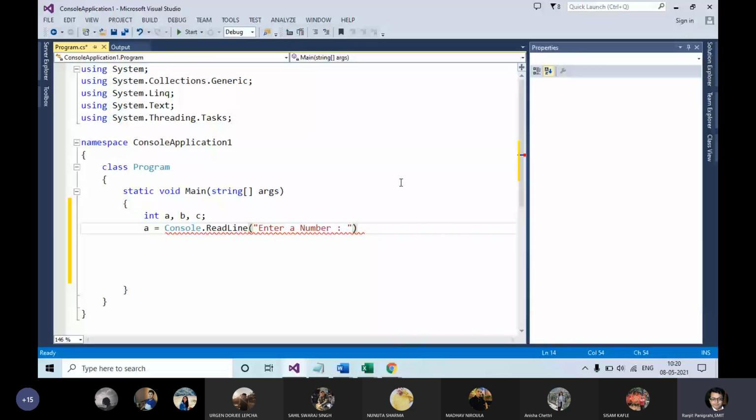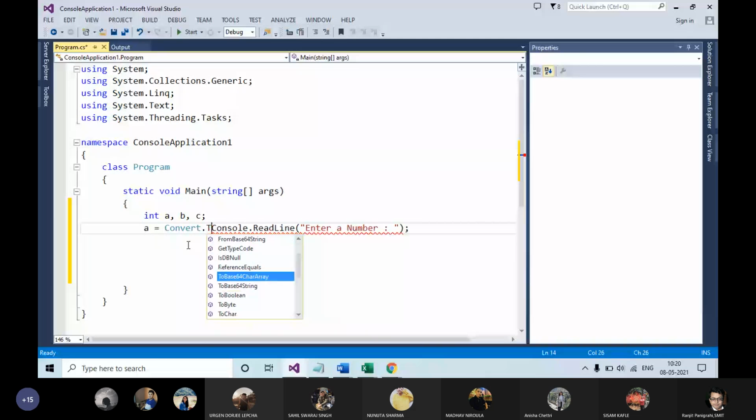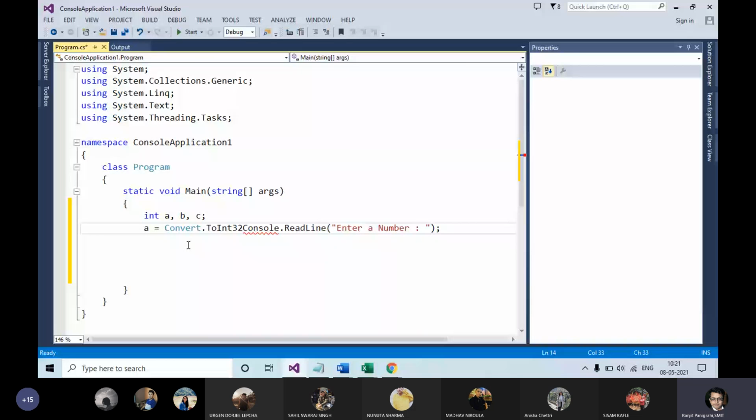It should be converted to an integer. Convert that to Int32.